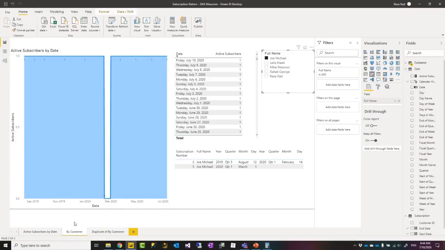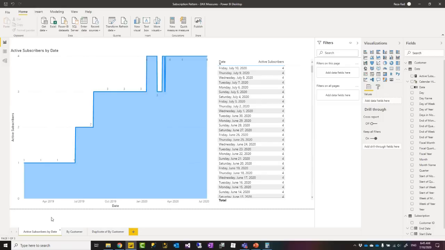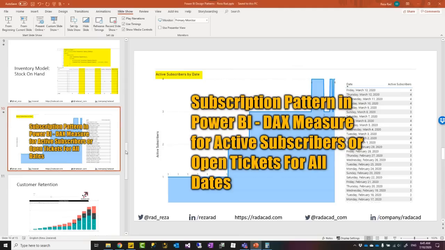So without having a snapshot table, with a simple DAX expression like that, I managed to achieve the same thing. A snapshot table is another method of doing this. This is another pattern of achieving the same. Now, are there any other